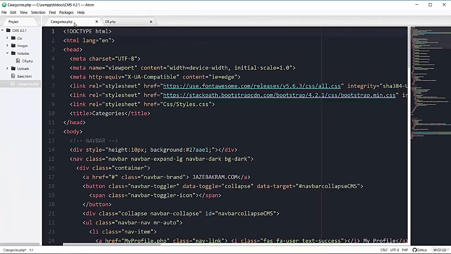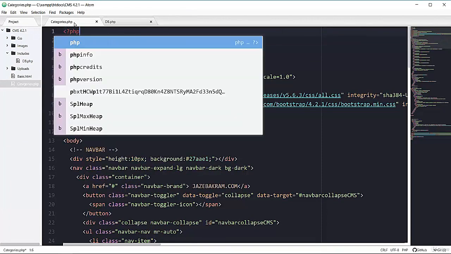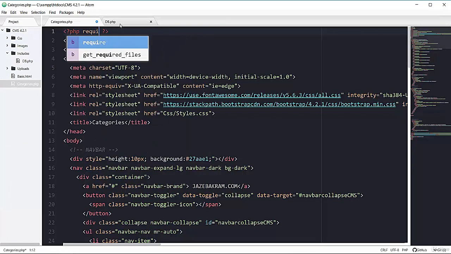So now in the categories.php file, first start one PHP scope that will require this db.php. So I'm using the function require_once that will require this db.php file one time.